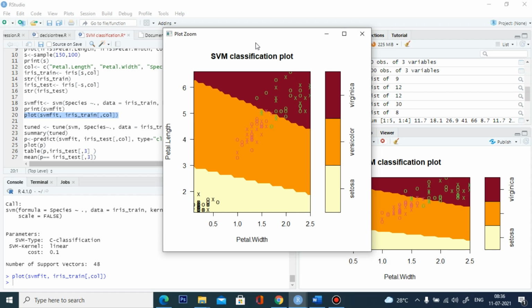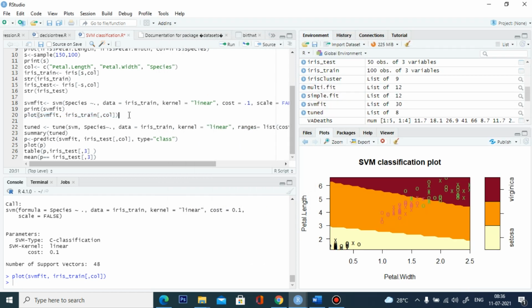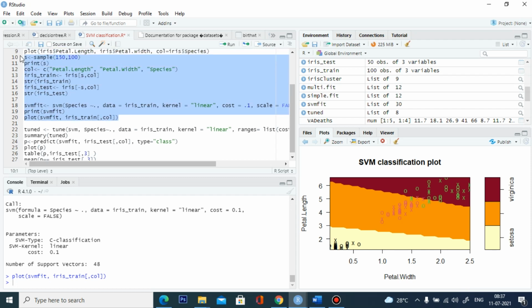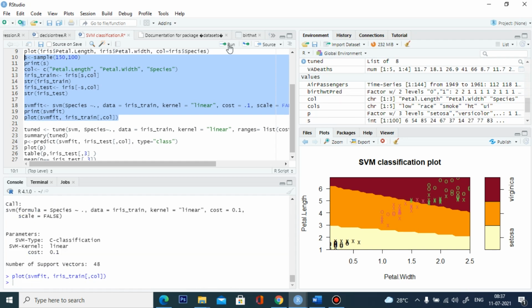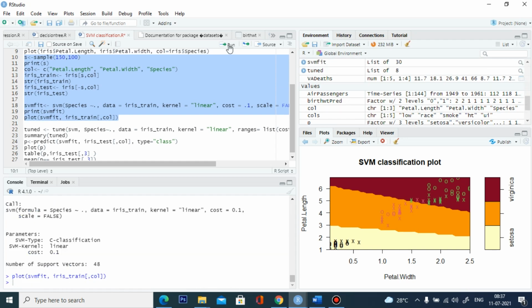Okay, so I am going to run this again with your samples. So here it will change. Here the support vector is 8, and I'm going to run it again. The support vector is 8, and I'm going to run here. Here the support vector is 50. Okay, for each and every classification, for every random sample, there are different support vectors, and our classification changes a little bit. When the support vectors increase, it gives you a good sign for a classification.